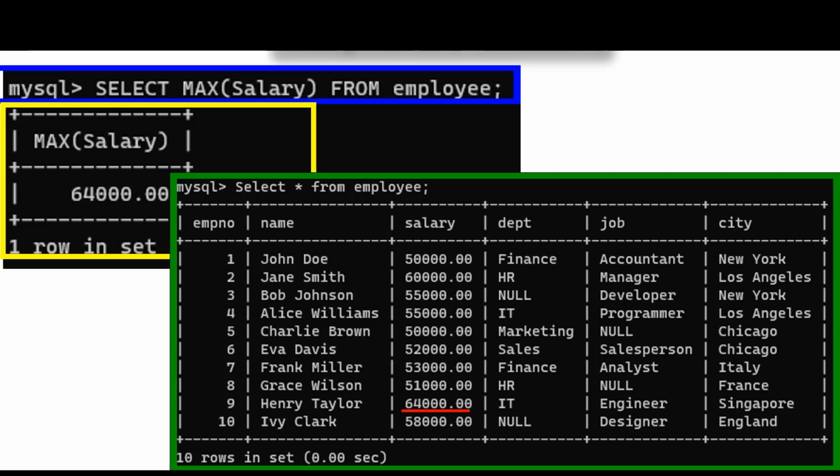Let's see about using the MAX function. This function returns the maximum value in the given column. Example 1. Look at the blue box. We type the statement, SELECT MAX(salary) FROM employee;